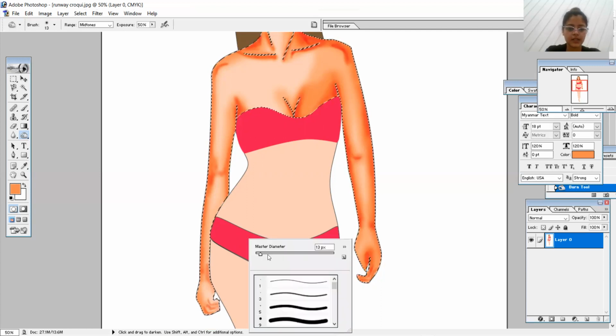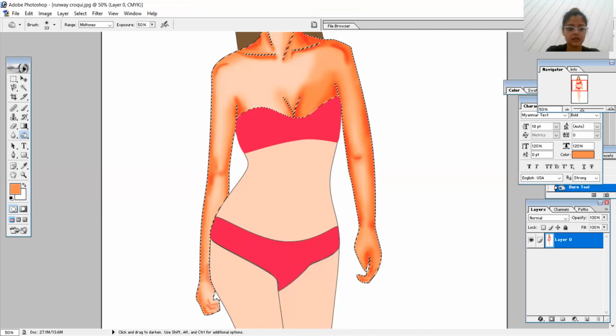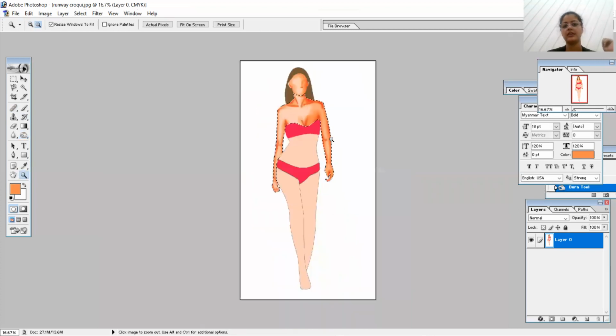Increase the radius and okay, making it dark still here. So if we simply zoom out, let's see what we have done till now. This. So here it is clearly visible.